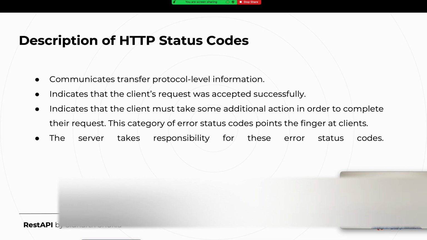Now we understood what status codes are and what the types of status codes are. Here I have given a couple of descriptions of status codes, right? Indicates that the client request was accepted successfully. All those we have discussed are basically in theoretical terms. If you prefer to do a revision from theory, you